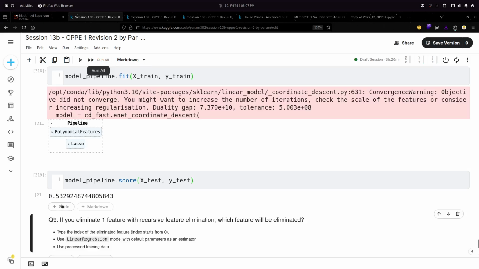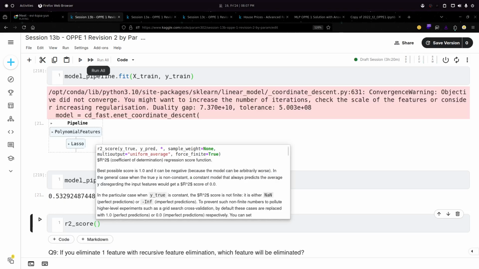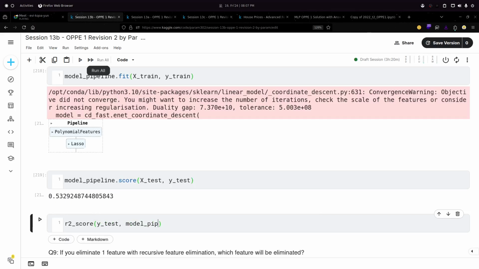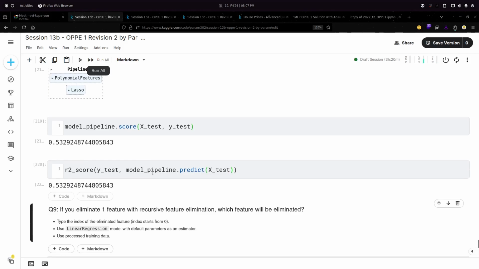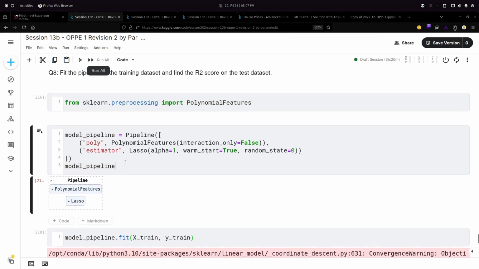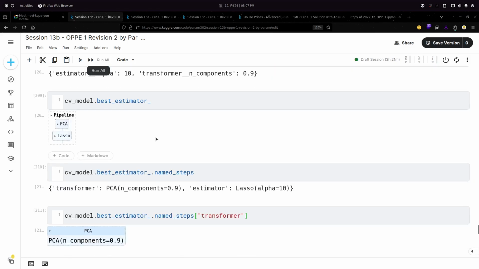And if I confirm it via R2 score also, first I will pass Y test, then model pipeline dot predict X test. Okay, so I'm getting the same value. So I have done it a little bit faster, but if you are clear with the previous 2-3 questions,